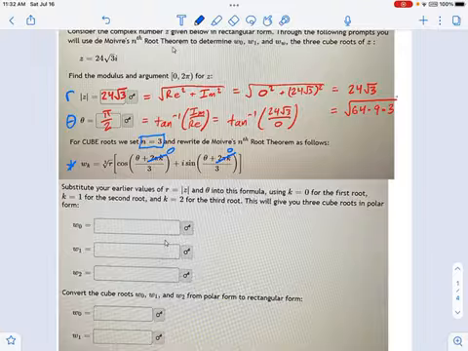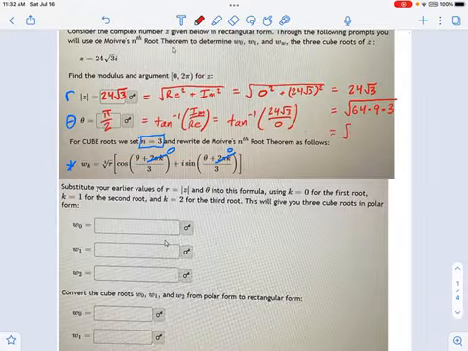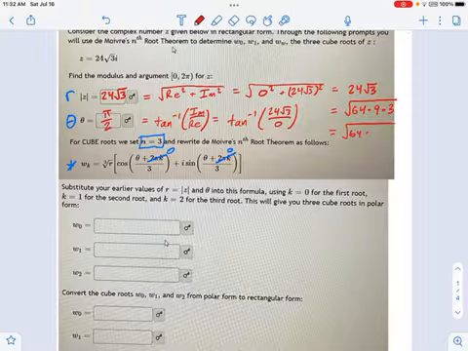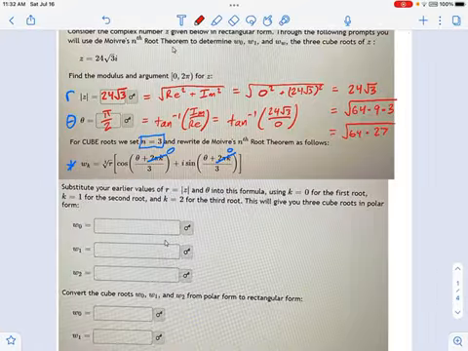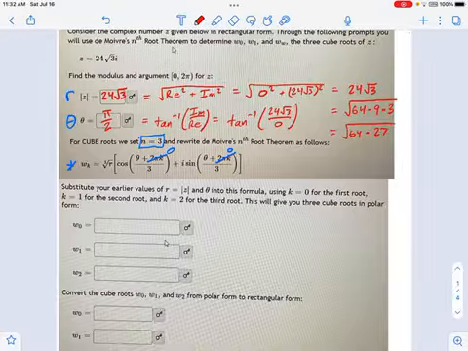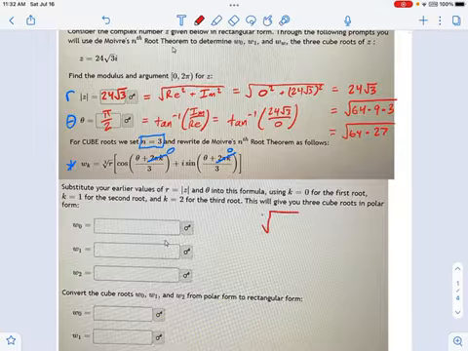Now, that's the cube root of this thing. And you see why I kind of wanted to rewrite it this way? This thing right here is equal to the square root of 64 times 27. And both 64 and 27 are perfect cubes. So it's going to make it a little bit easier to work through this cube root thing if you have a factor tree built in. Anyway, what I'm trying to say is the cube root, here's what I'm trying to say.